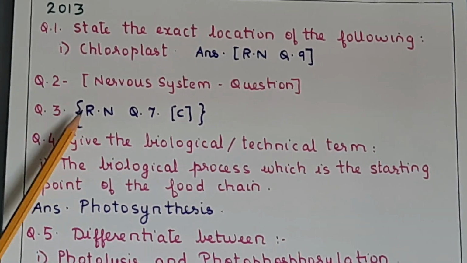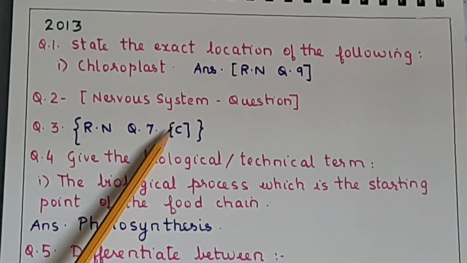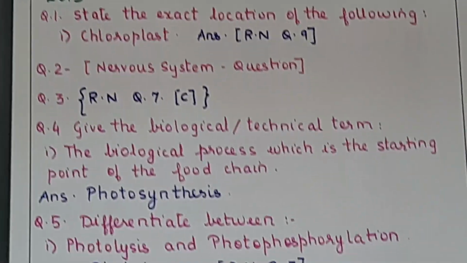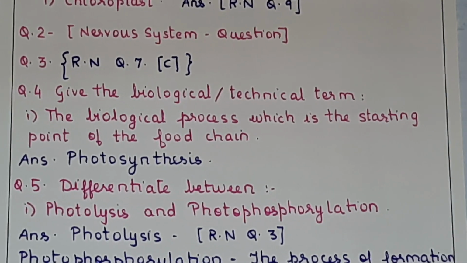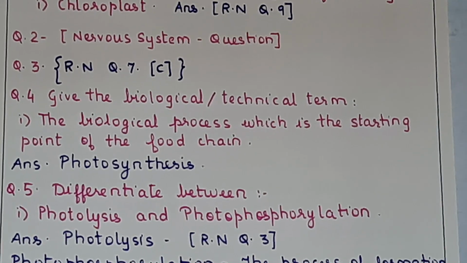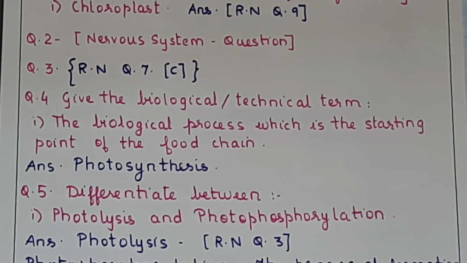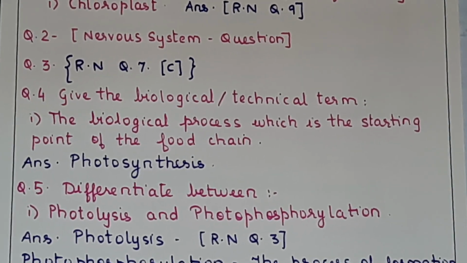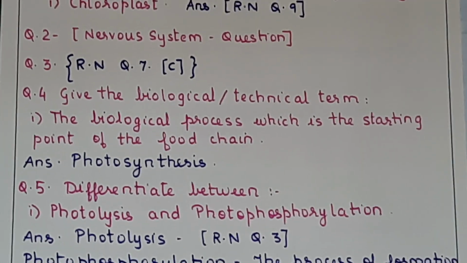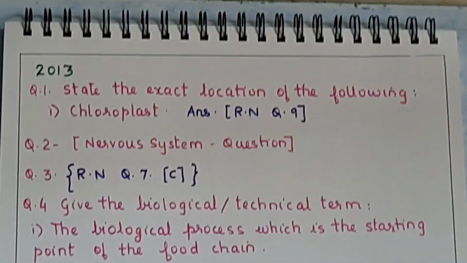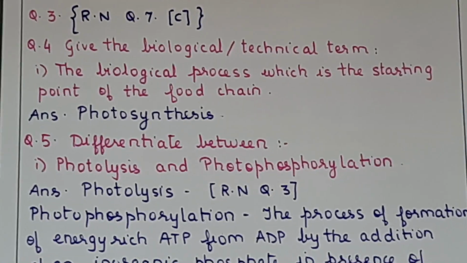Question 3 is again the full thing we have discussed in the notes, that is question 7c. So this is under the experiments to show whether carbon dioxide is necessary for photosynthesis. Okay, so the entire question we have discussed, that is the conical flask which is having that KOH in it. So what is the aim of the experiment? To show whether carbon dioxide is required for photosynthesis. Role of potassium hydroxide will be what? Is to absorb the carbon dioxide. And atmosphere inside the flask, that is the air, is free of carbon dioxide.